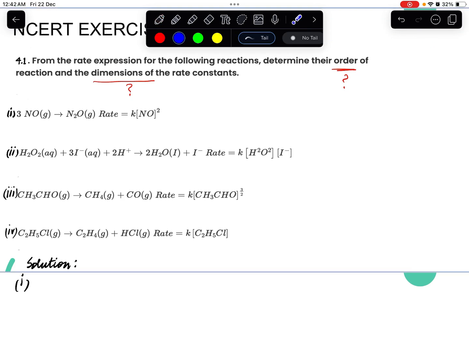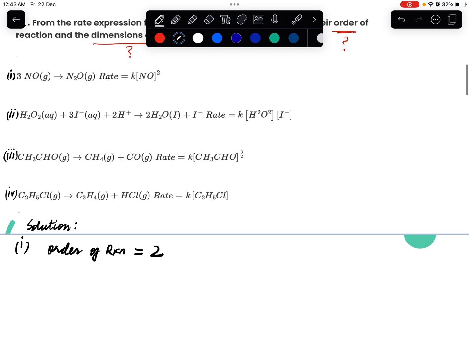In the first reaction, rate is given as rate is equal to rate constant, and the concentration term is having a power 2. So therefore, we will write for the very first example, order of reaction is 2, because concentration term is raised to the power 2. Okay, and when we have to find out the dimensions of the rate constant, we will do it simply by